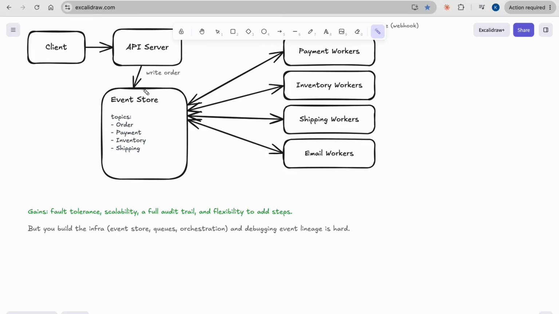Then observability: the log itself is a complete audit trail of everything that happened. And flexibility: adding a new reaction is pretty easy, since it's just a new worker consuming existing events.